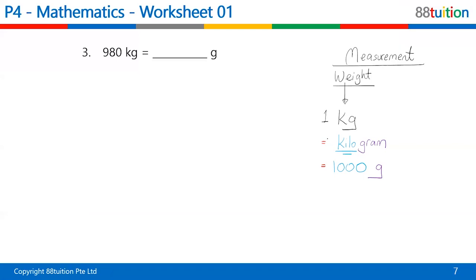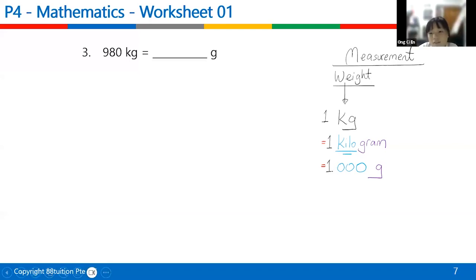So if it's 980 kg, how many grams do you think that is? How do we do this? Who wants to answer? Zhi-En, you raised your hand, is it? Okay, Zhi-En, you can answer this. 9,080. 9,080? But you see, right? 980 kg is the same as 900 kg plus 80 kg, right? Correct. So which means it's a lot bigger than what